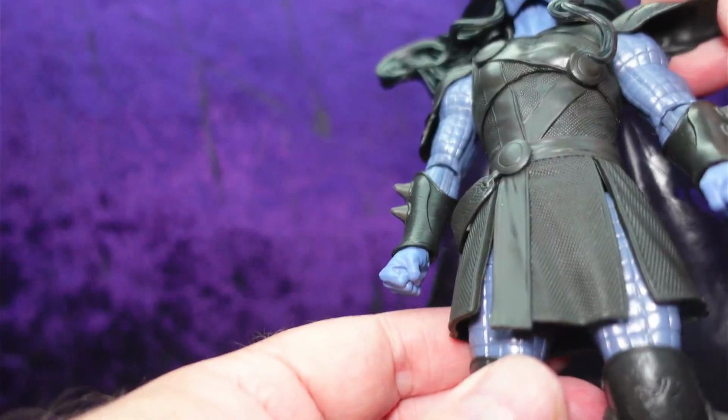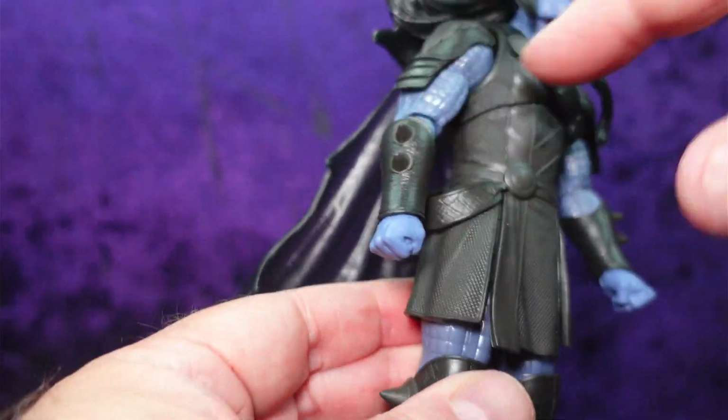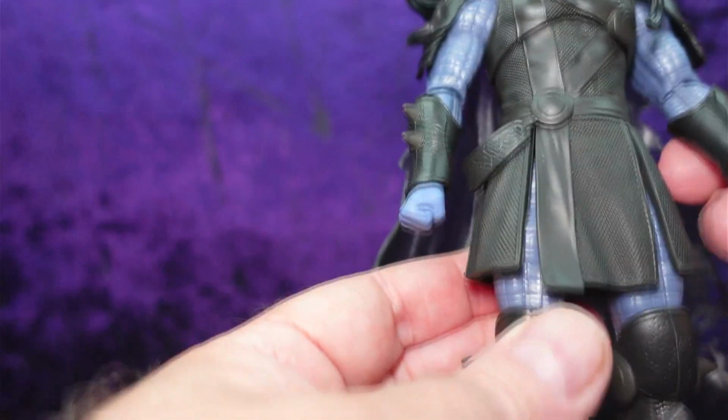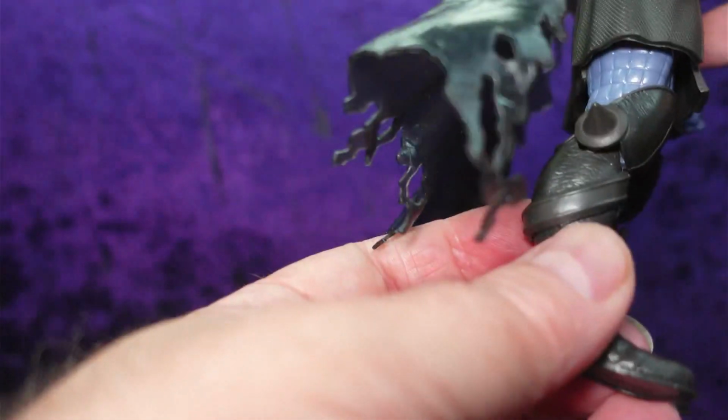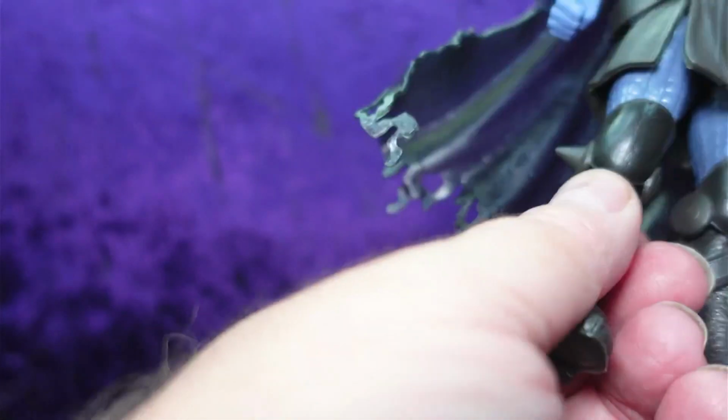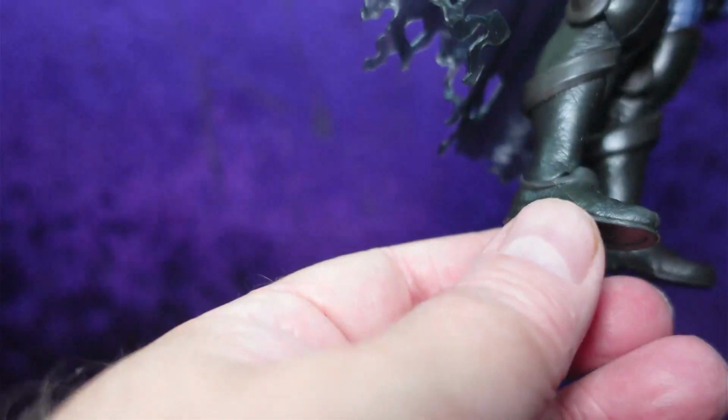Got some pauldrons there up at the top in like a black leathery, and you got some gauntlets with some spikes on them there in black. Down to, looks like underneath here we've got more like a scalloped armor look, but it's also in that blue as well as on the arms. But it's in that pale blue color. Down to the knees, where we have some knee pads there, or knee armor connected to the boots,